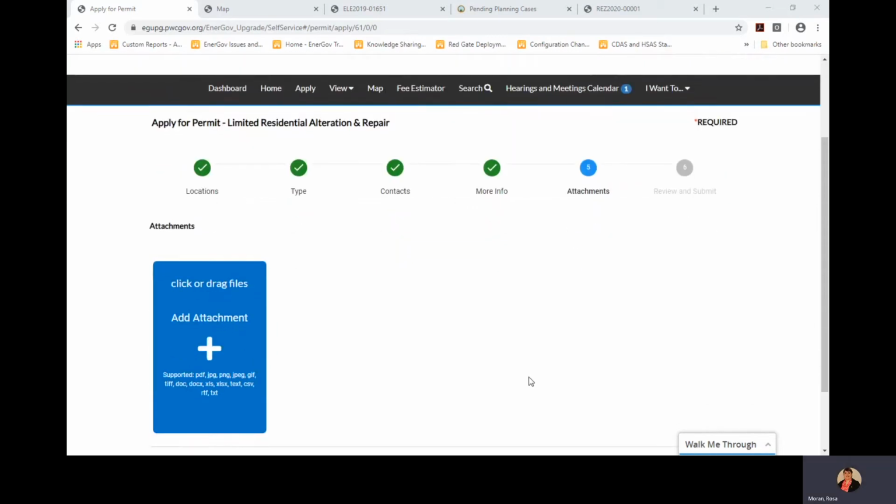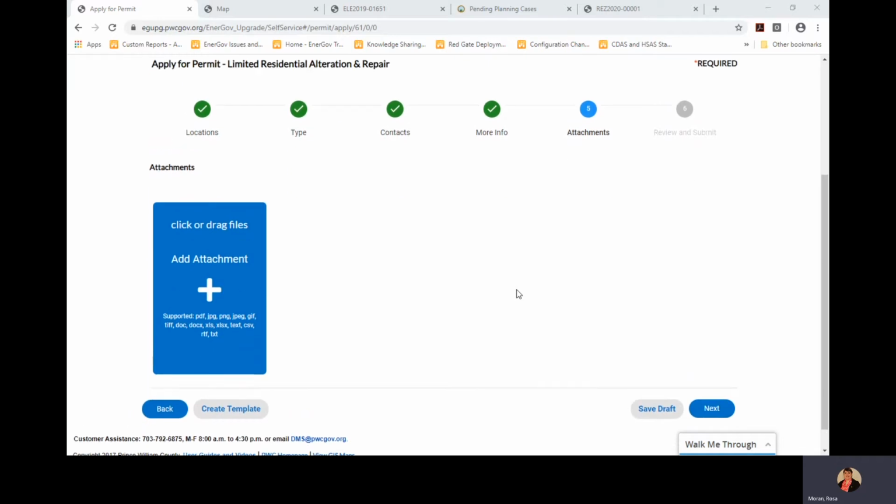Okay, this screen is for attachments. Under normal circumstances, you're not going to be attaching anything. But it does allow you to attach something in case there's an emergency and you need to submit something that is critical to whatever application you're